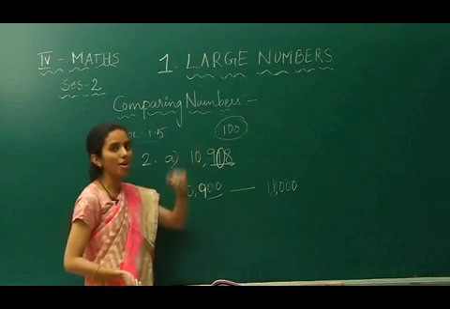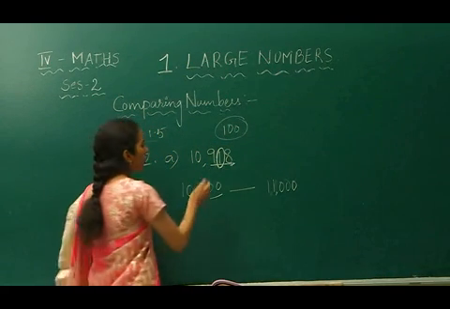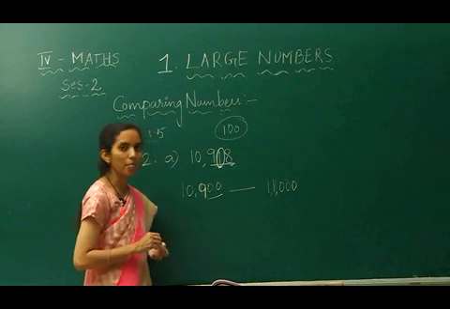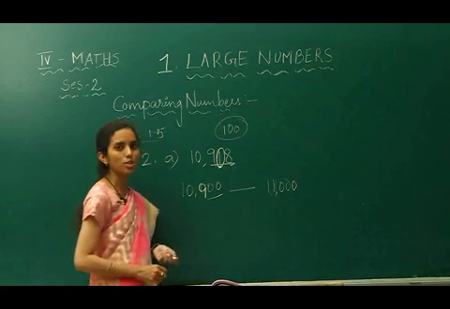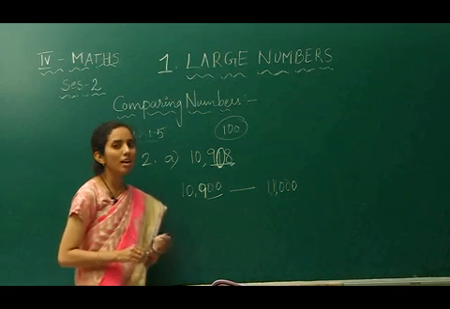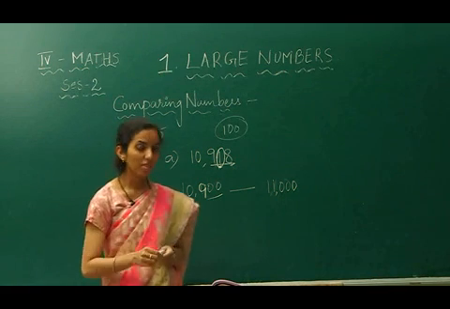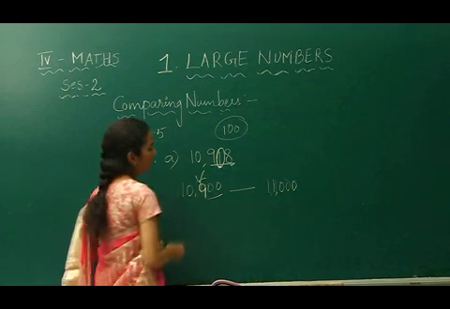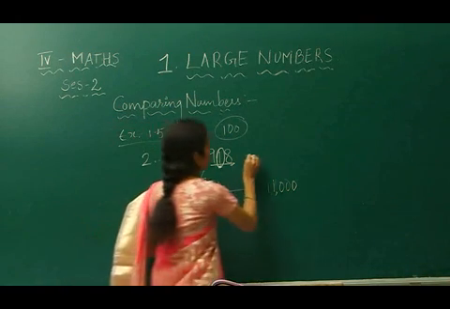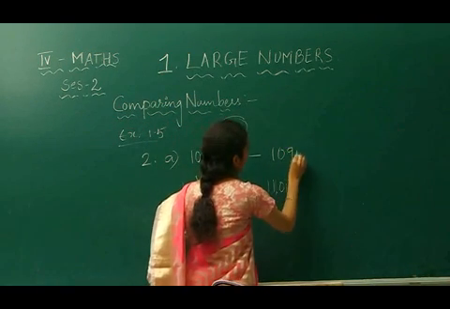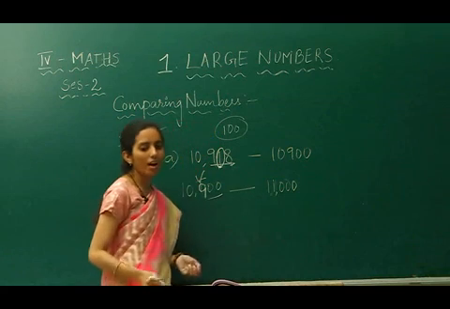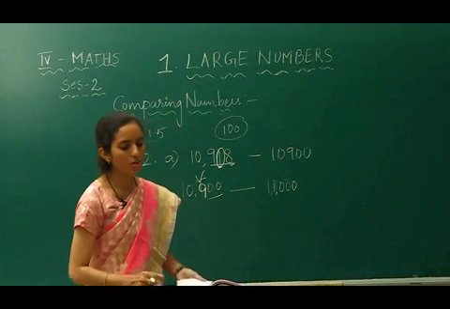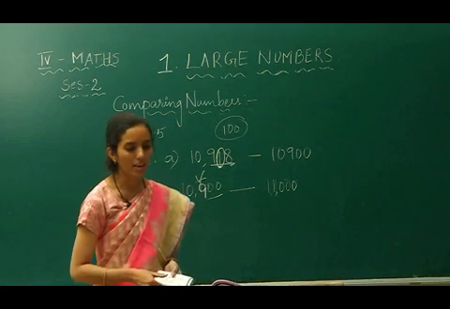But here you are rounding to the 100. So what do you have to do? You have to check the tens place number. In the tens place there is 1. That means 1 is lesser than 5. So obviously we have to round it down to 10,900. So 10,900 is the answer. And the remaining problems, do them as homework for practice.